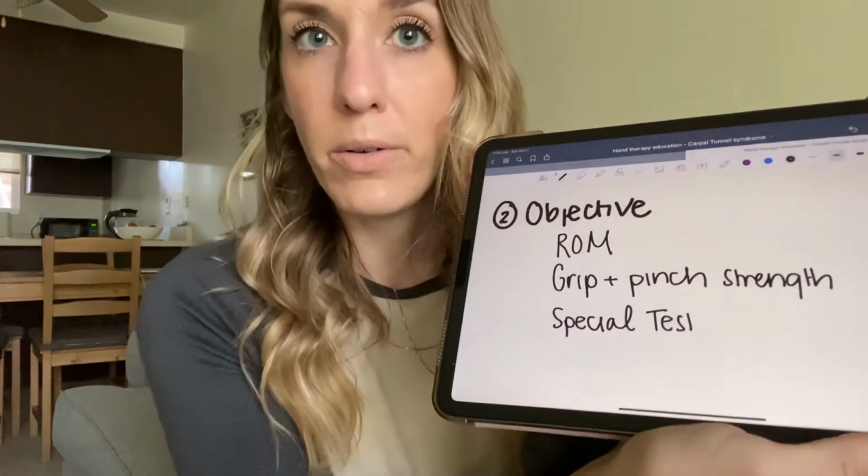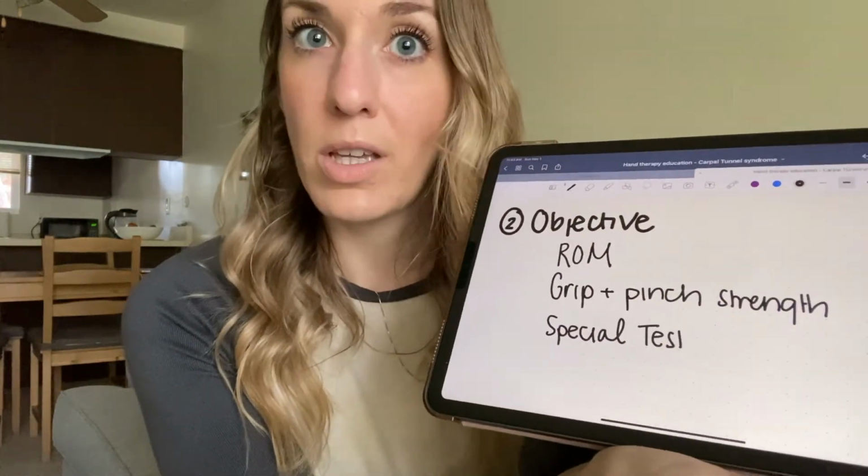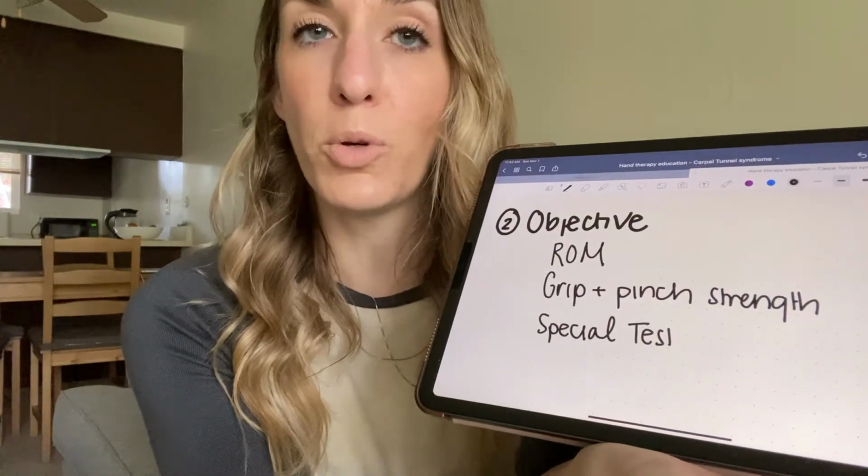That's just my personal preference. I like to see how they're moving. I ask them, comparing contralaterally. Honestly, I tend to have them do it at the same time, because they're not paying as much attention, or they're not hyper-focused on one side. And then they can compare themselves too, and they can see if they have deficits or if they're able to complete the full movement. So I always start with range of motion actively, and then I will move on to